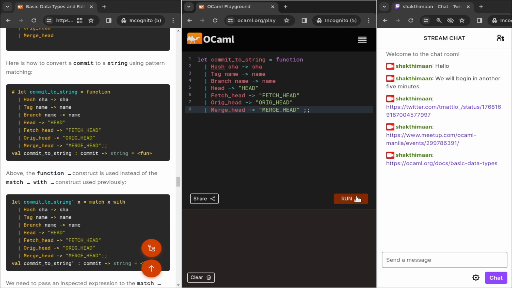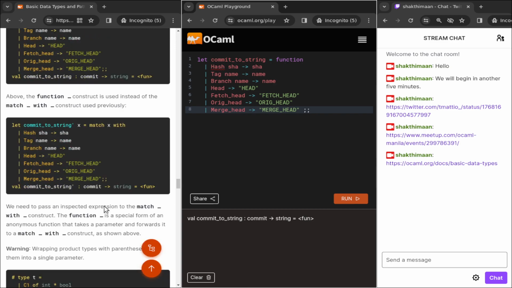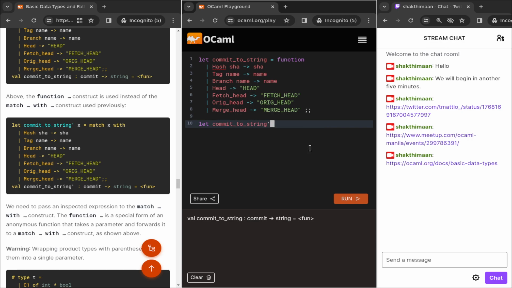Let me run this again. Okay, that looks fine. Of course, in OCaml, we would like to use the match with construct. So we can rewrite this as commit to string, the new definition of x, you match x with